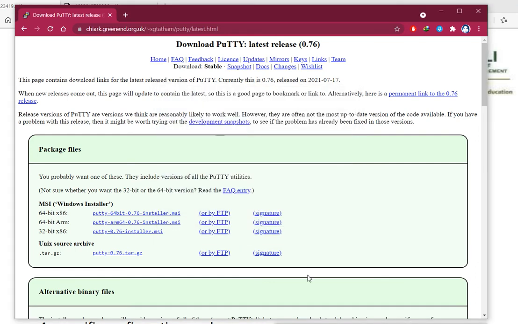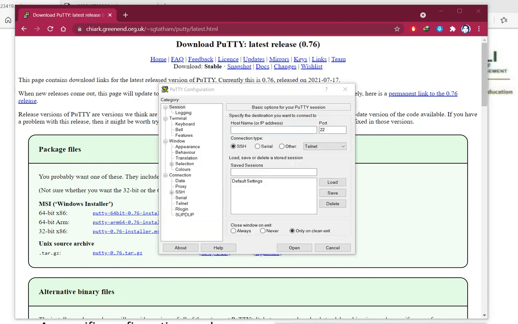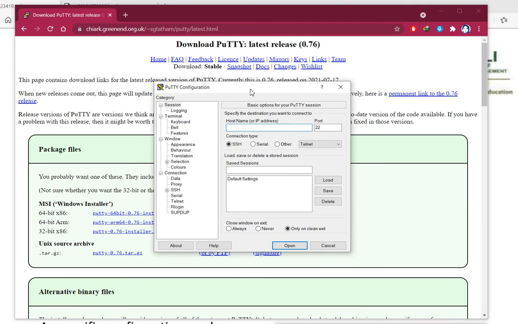Now we'll open this PuTTY, and this is our PuTTY. It can do every kind of remote connection, and there are lots of options available here. You can do the SSH connection, telnet, rlogin, raw, whatever you want.